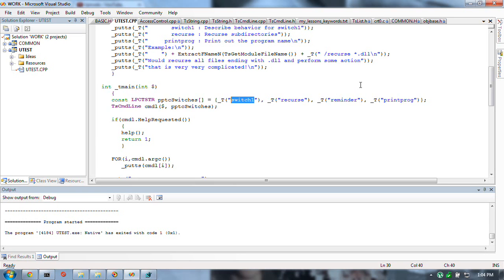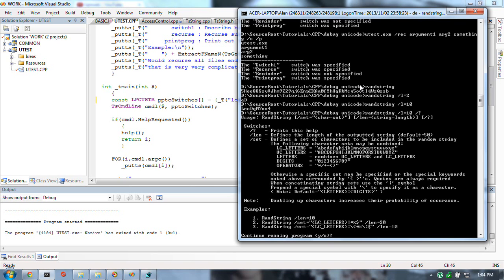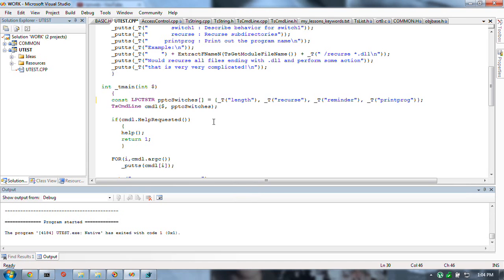Let's go and change the switch to length. By the way, you'll notice that this was "lem", but I used the abbreviation L because it's no conflict. Okay, length. Now, in order to indicate that it takes parameters, I use a right arrow, a right pointing arrow. Now there's the problem of